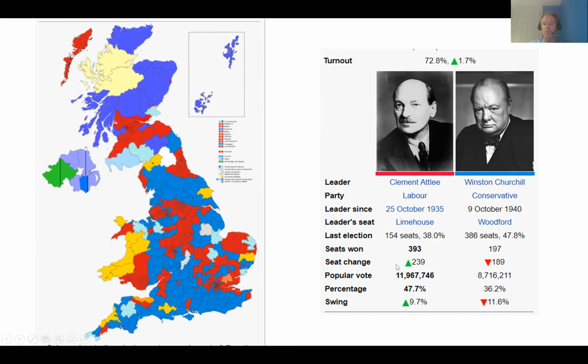Labour picks up 239 seats. Conservatives lose 189 seats. Labour wins the election by more than 11 points. So this is just a complete wipeout for Churchill. So arguably three things are working in concert that explain this. The first is that although Churchill was the prime minister, was head of the Conservative Party during World War II,